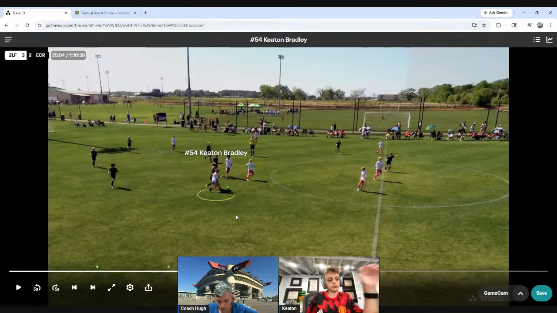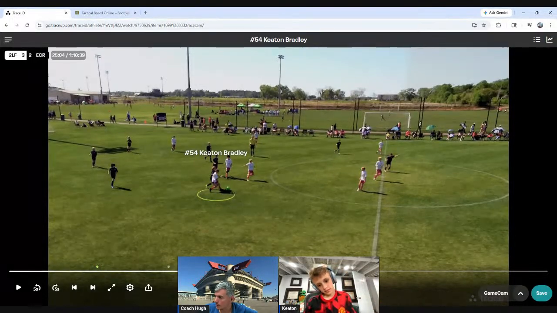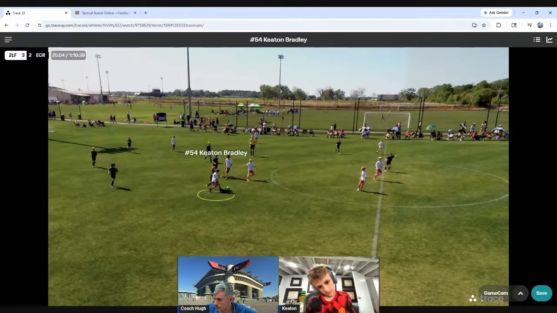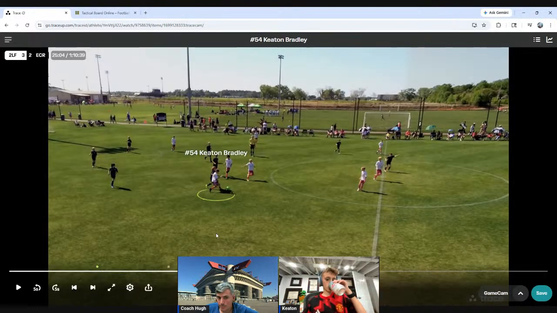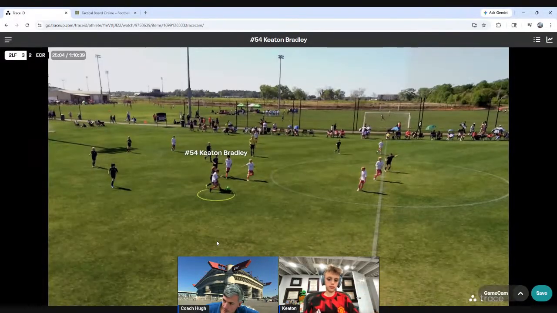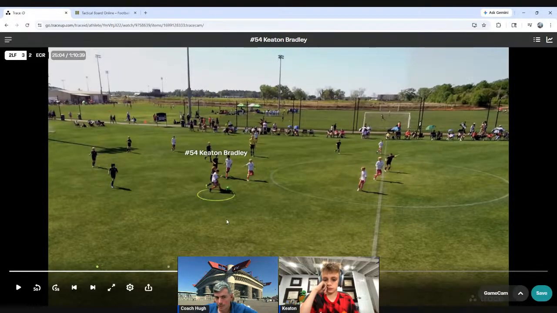And what part of the foot are you using here to take this touch outside? You got to be quick. Outside of what? Right foot. Right foot. You got it. So immediately push off this guy and then use him as kind of like a springboard. Push off of him outside the right. And then we're taking this touch. You don't even have to go forward. You could just take it backwards.